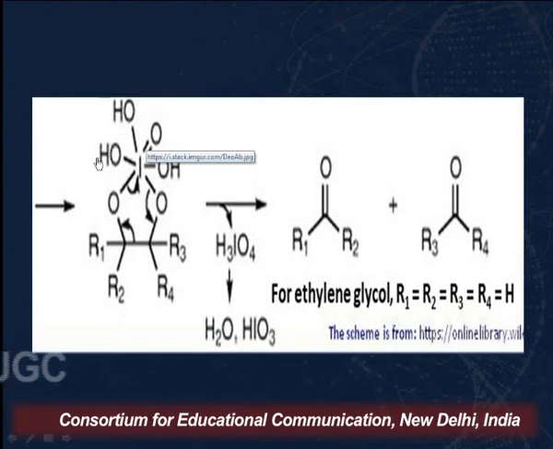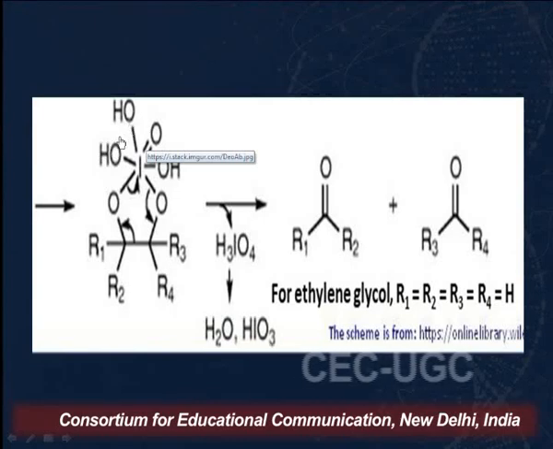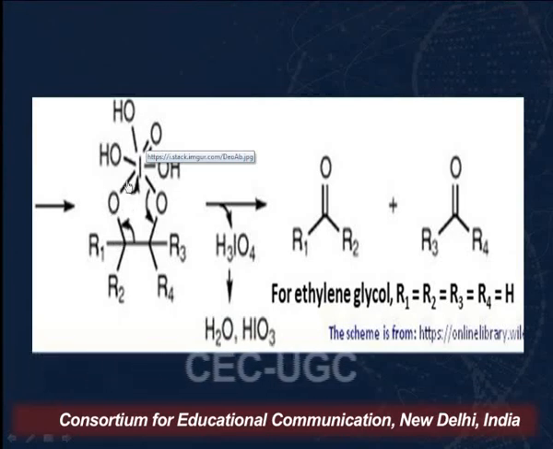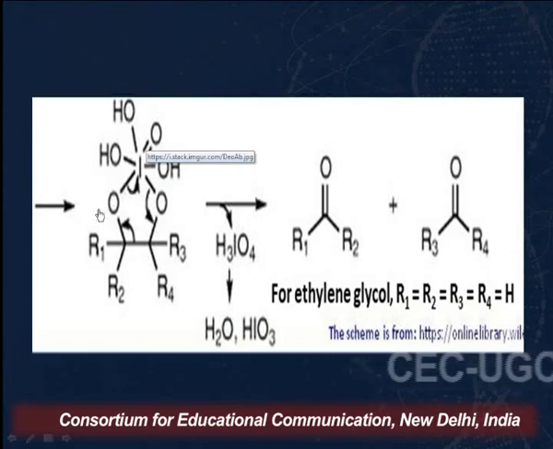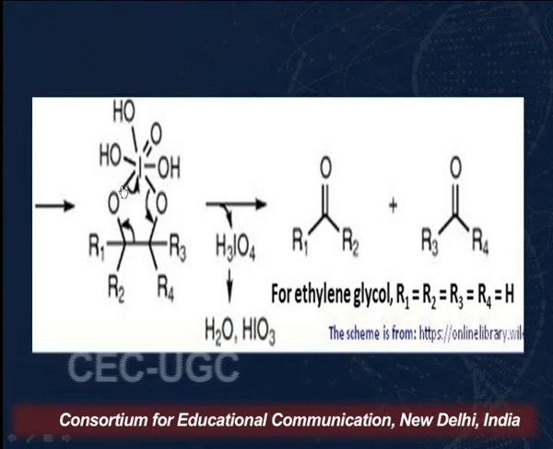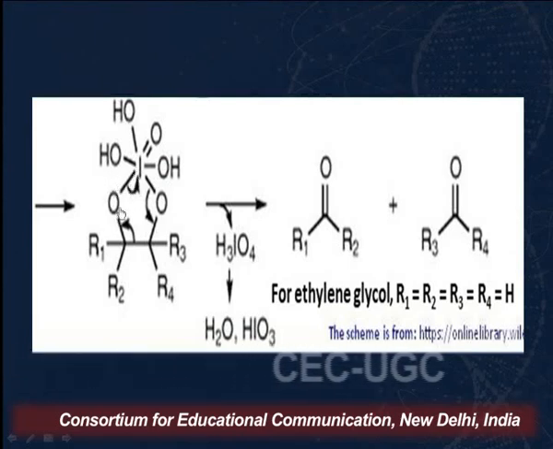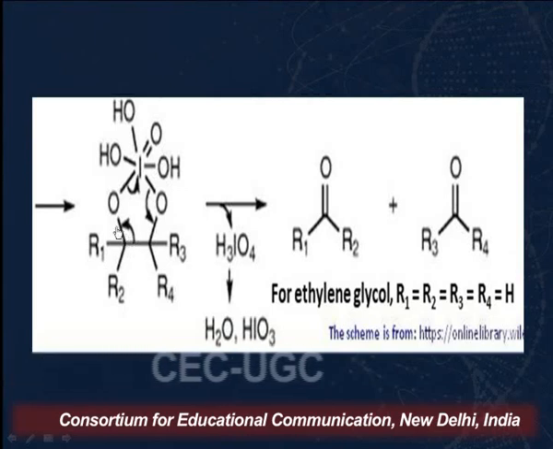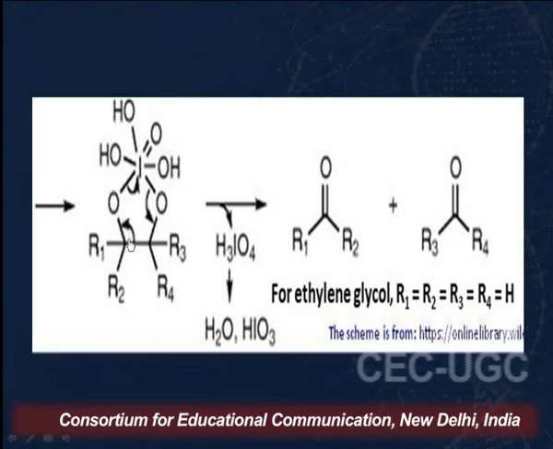Now since this is unstable, what will happen? A water molecule will be eliminated from here. Now the reaction starts from here. The weakest bond in this cyclic intermediate is the bond between oxygen and iodine. So this bond cleaves, and these electrons move towards iodine. And when these electrons move towards iodine, this oxygen becomes electron deficient. So this bond cleaves and drops here, and we get a double bond here, that is, we get R1, R2, C double bond O.